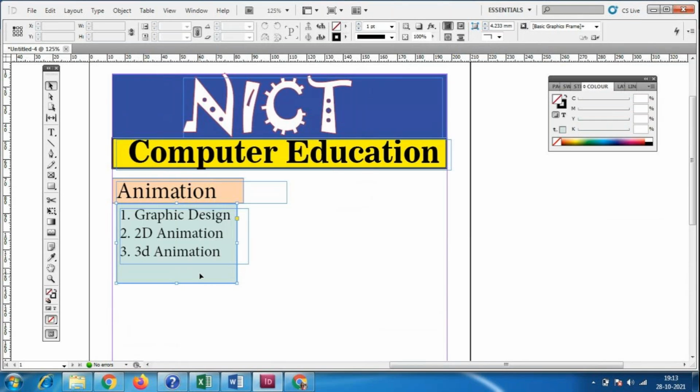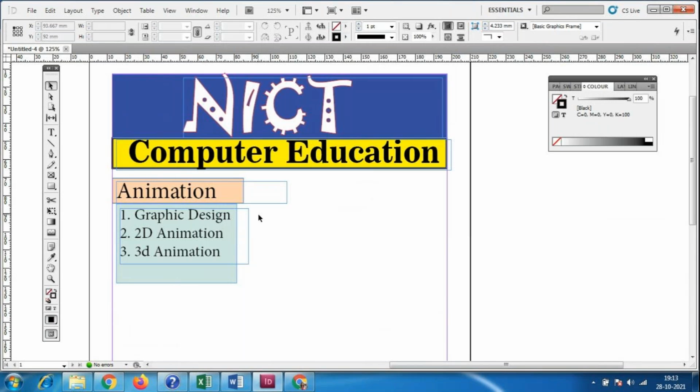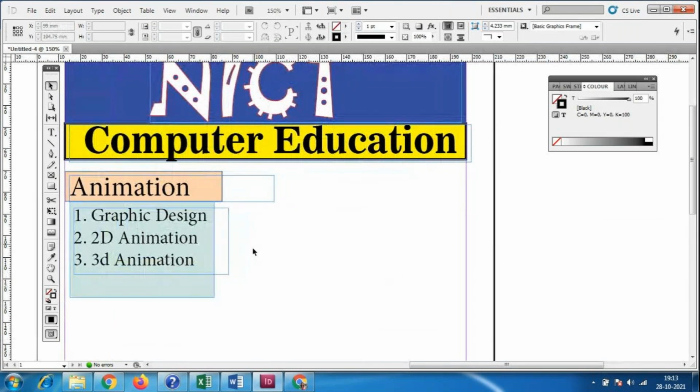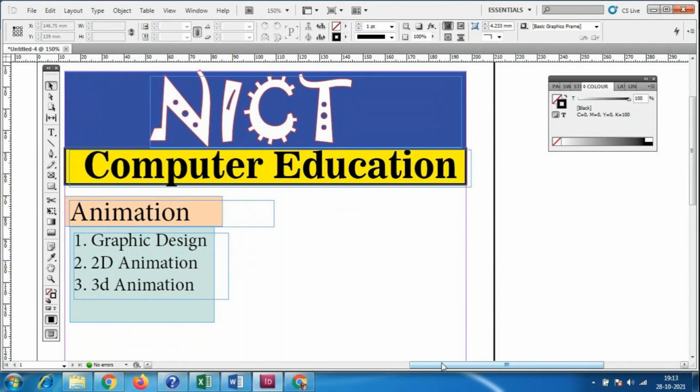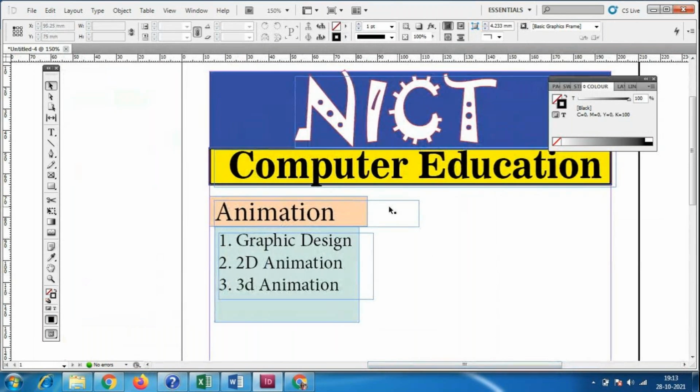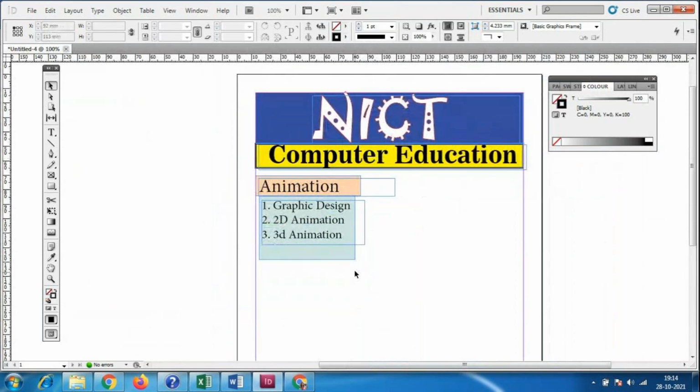If I have to remove the outline, then place the none. So there is no outline, select the box. See, if I select this box, sometimes the text will get selected, so you have to carefully zoom in and select only the box, and done. I'll use none. But this box and all, we are not able to remove it while we are doing the designs.